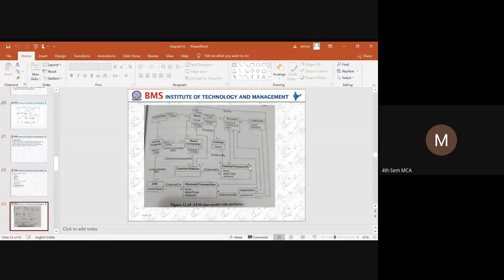Then you can see here, one account can have n number of transactions. For example, if I am a customer of a bank, I can make n number of transactions using the cash card. Either I can use the same debit card in a provision store, I can use it in an ATM machine, or I can use it in some other shop. So multiple transactions can be done by using a cash card.